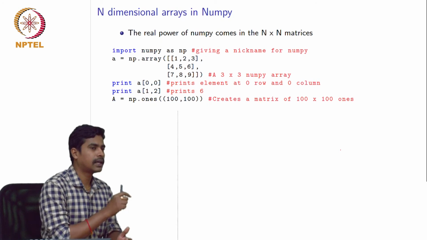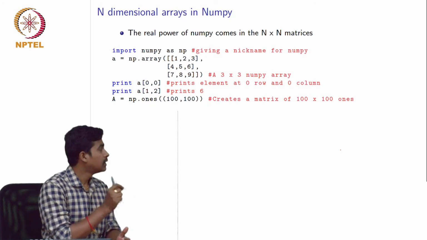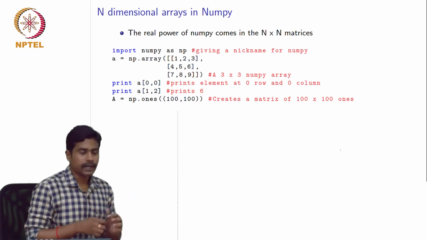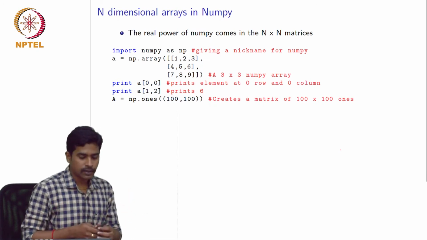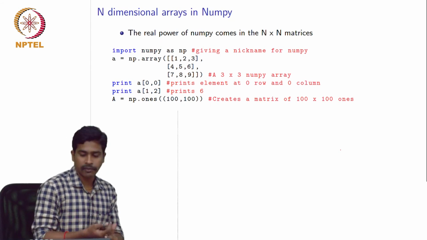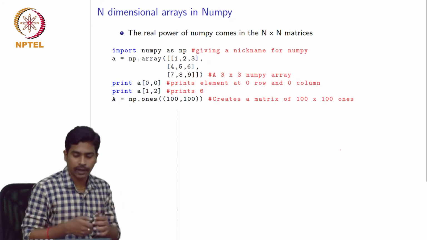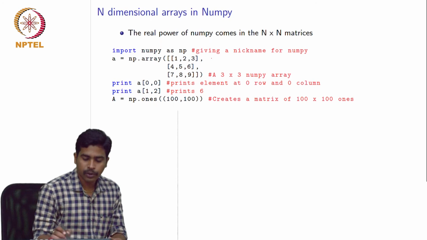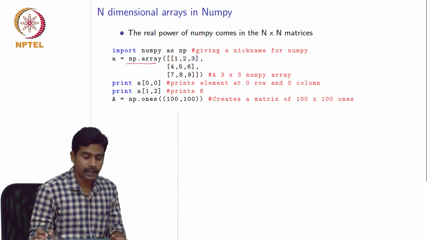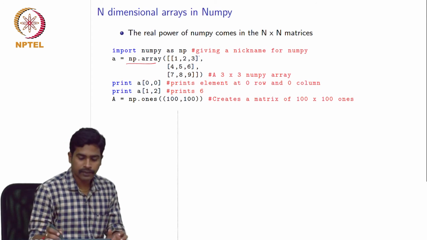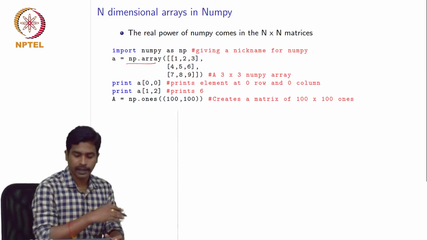So far we have seen the arrays to be one-dimensional, which means they don't have an n by n kind of shape. They are just 1 by n kind of arrays. But this is actually where the real power of NumPy comes from, where you have n by n values or m by n values. So in NumPy, this is how you create an n by n array, or here it is a 3 by 3 array. So np.array, and within the brackets you give the array, and it will convert it into a NumPy array.